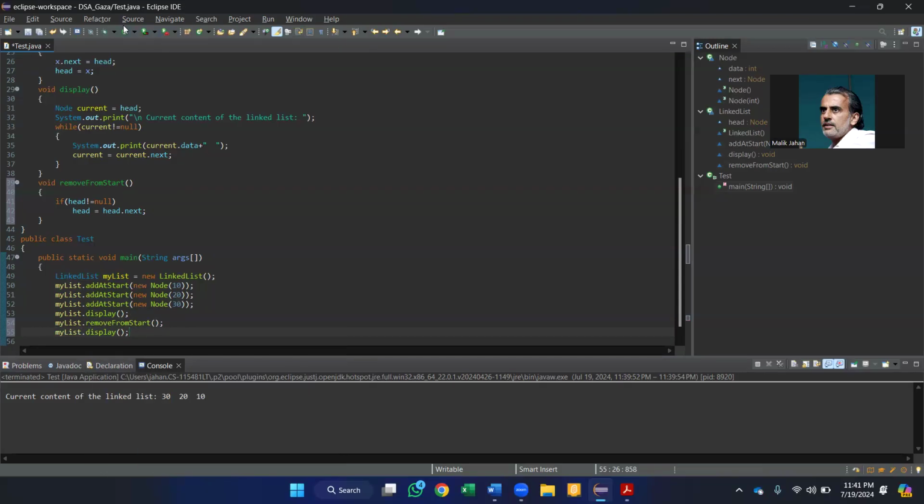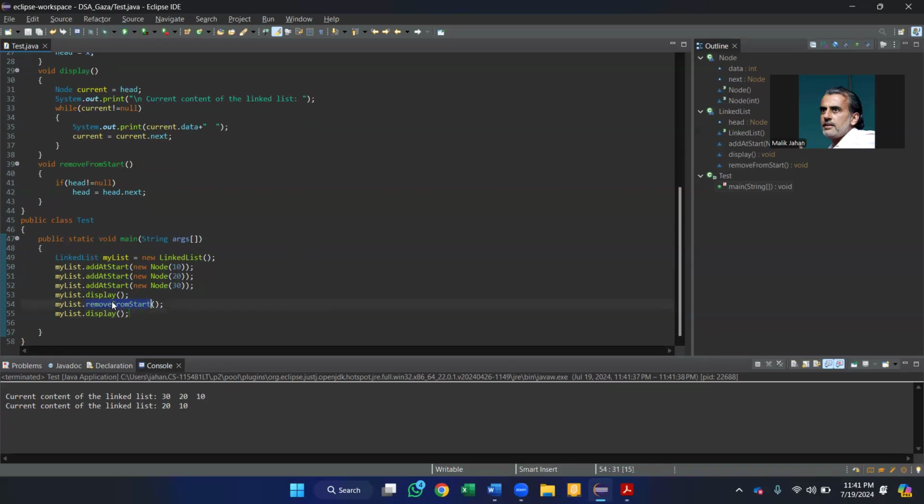We run it. Now there are two outputs. So 30 was the element at the start that has been removed in the next line. So you can see in the output in the second line. If I call this function once more and then display the contents, we can analyze that if another element has been removed, then 20 is gone and 10 is left. And if we do the same thing once more,